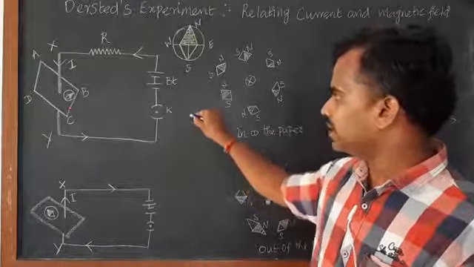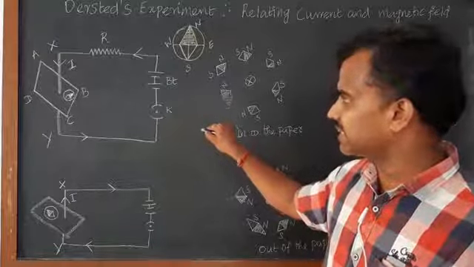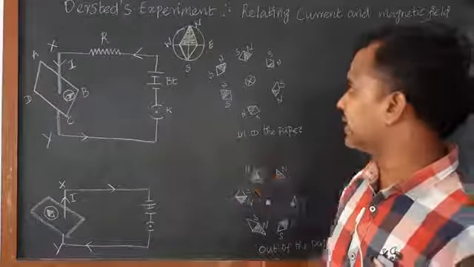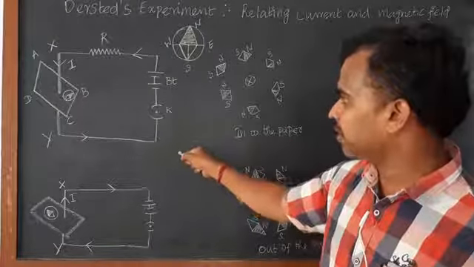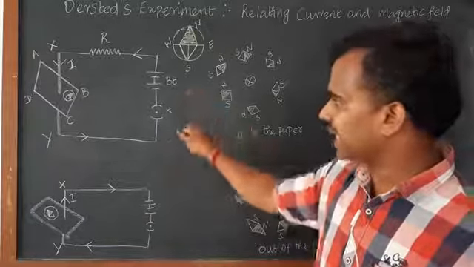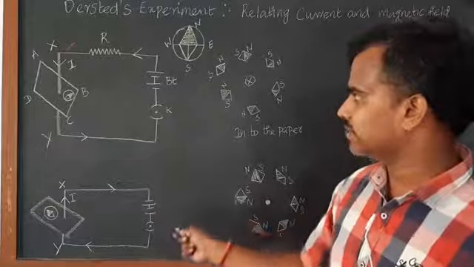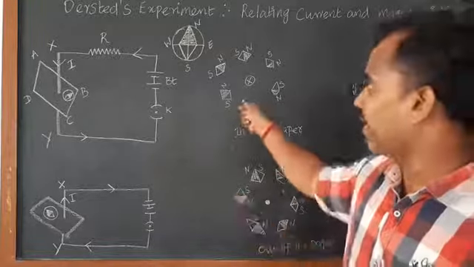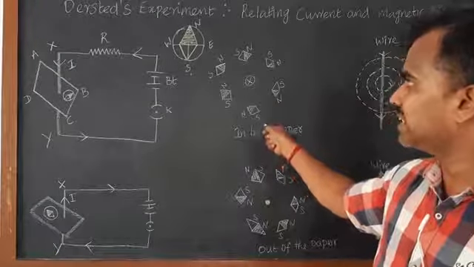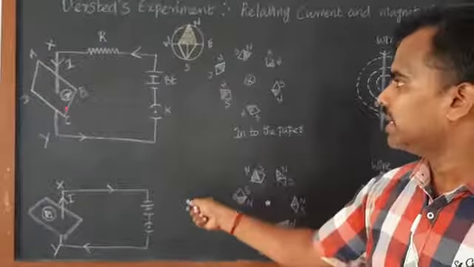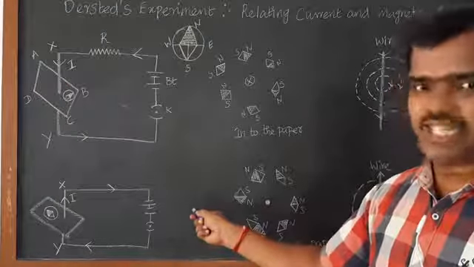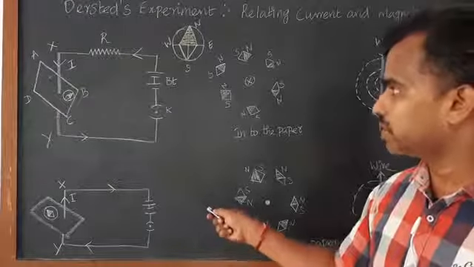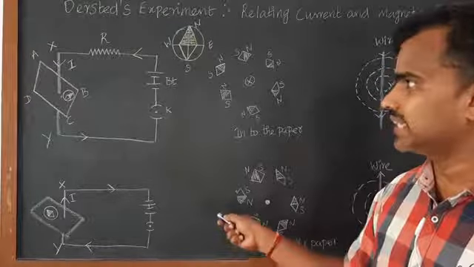So, what will happen? Due to this current, there is some deflection in that compass needle. This compass needle should be placed like that, with the north pole and south pole placed like that. While passing current, it gets deflected in the east direction, towards your right side. For that I showed here north pole, south pole, this is east and this is west direction. So, this compass needle will be deflected towards the east direction, and the deflection is due to the magnetic field which is produced by this conductor which carries the current.